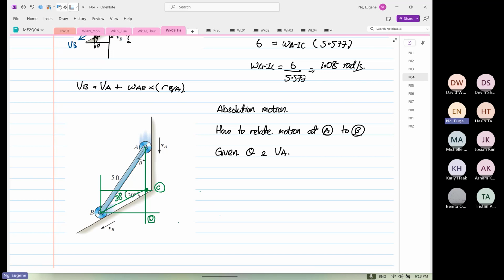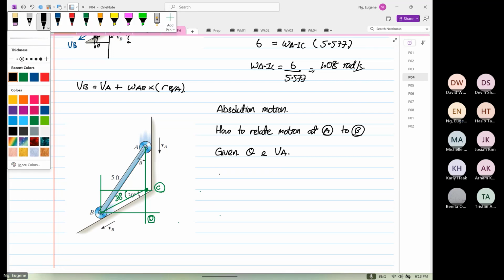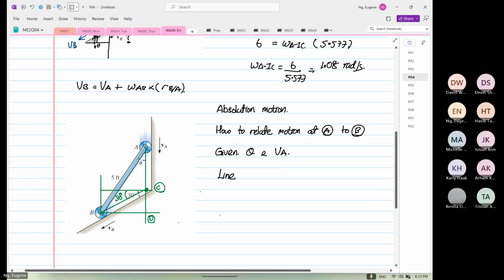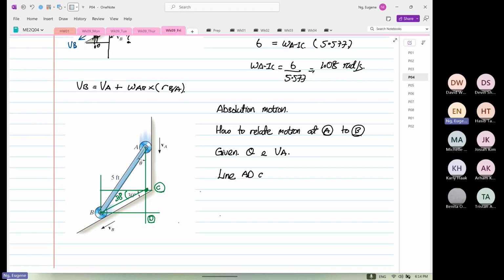So the next thing that we have to do now, we are aware that lines AD and BD can relate points A and B. What do I mean by that? This distance